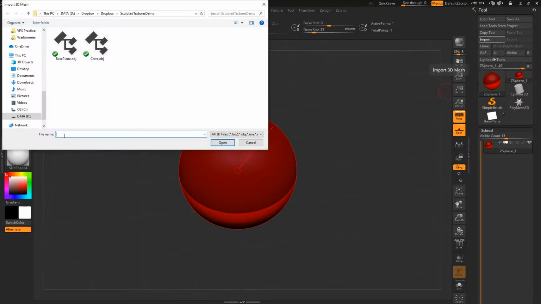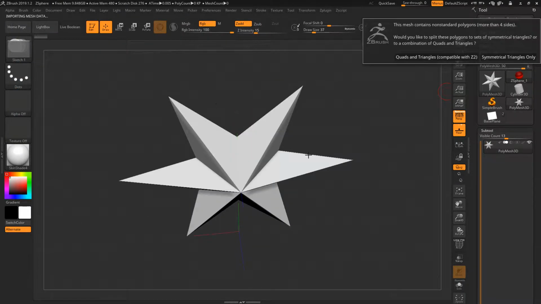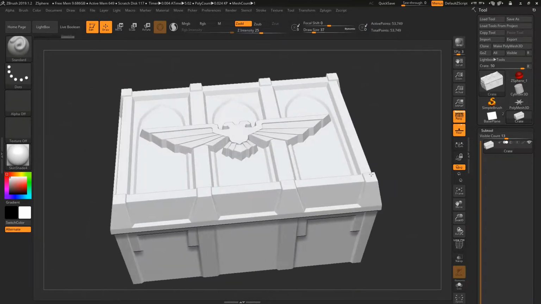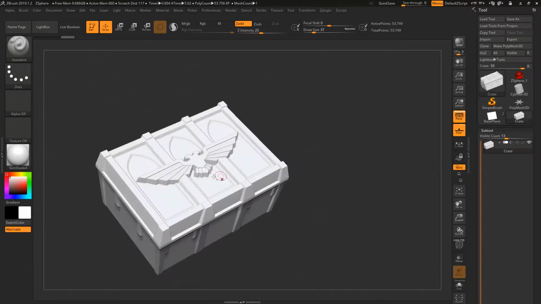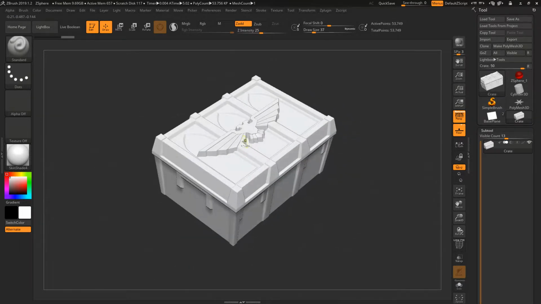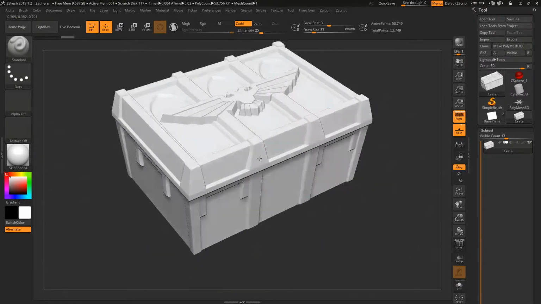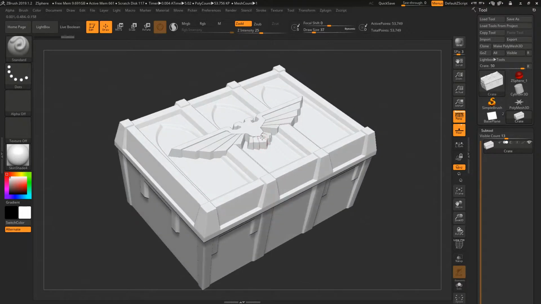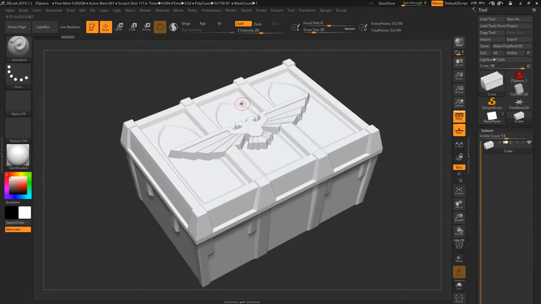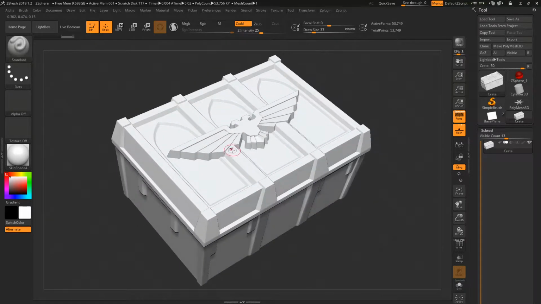So I'm going to import that. So this guy, I brought into ZBrush. And ZBrush is a really fun sculpting tool. I don't know if you've used it before, but this will be a bit of a crash course on how to take something you've made in Maya or 3ds Max and bang it up a little bit and add some more personalized detail and some stuff that'll get transferred into normal information without having to rely on the texture